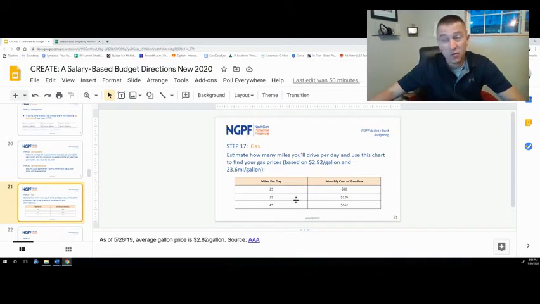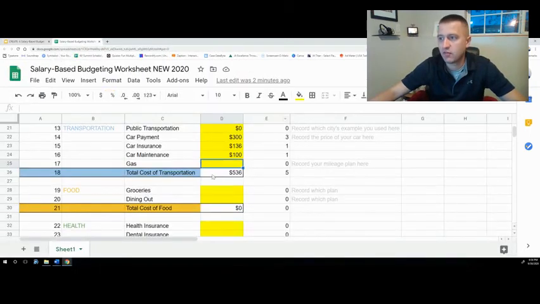$162 per month. So I don't like driving. I just go to and from work basically. So I'm going to say $126 per month in my budget for gas,